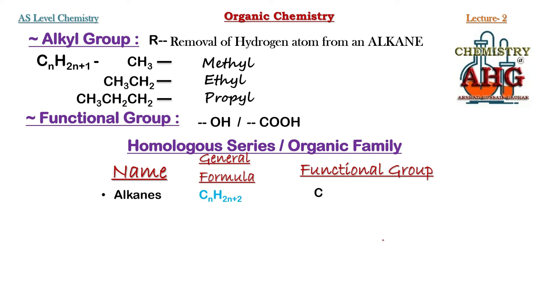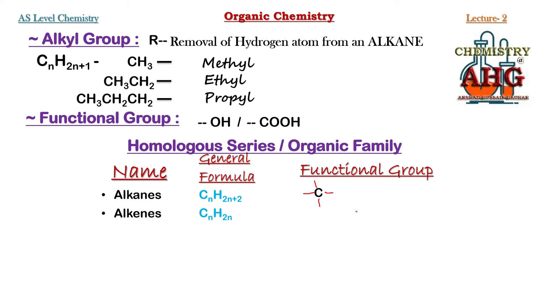The second thing you must remember is that in alkanes, all the carbon atoms have only single covalent bonds. So each carbon has 4 single covalent bonds in an alkane. This is what you can remember as the functional group of an alkane. Next to alkane, another simple organic family is alkenes. Like alkanes, alkenes are also hydrocarbons. You can see from the general formula, CnH2n, that alkenes are also made up of carbon and hydrogen.